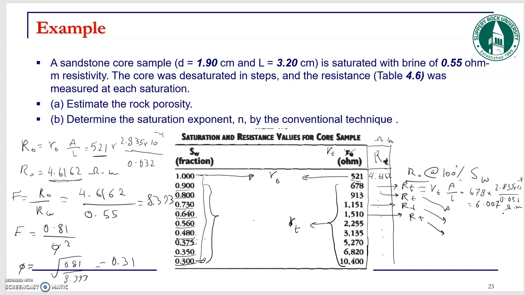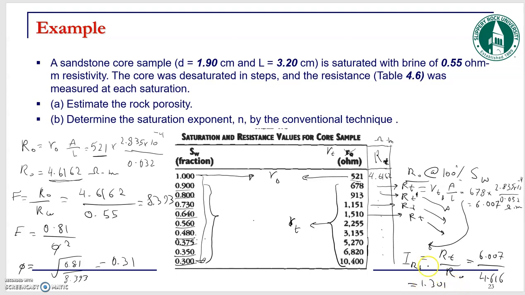And once you calculate each RT value, what can you calculate? You can calculate IR, right? So let's call this RT1, data point 1, basically RT1, and this is going to be IR1, so that's for that specific data point, and IR is equal to RT over RO, right? So 6.007 divided by 4.616, that is equal to 1.301,